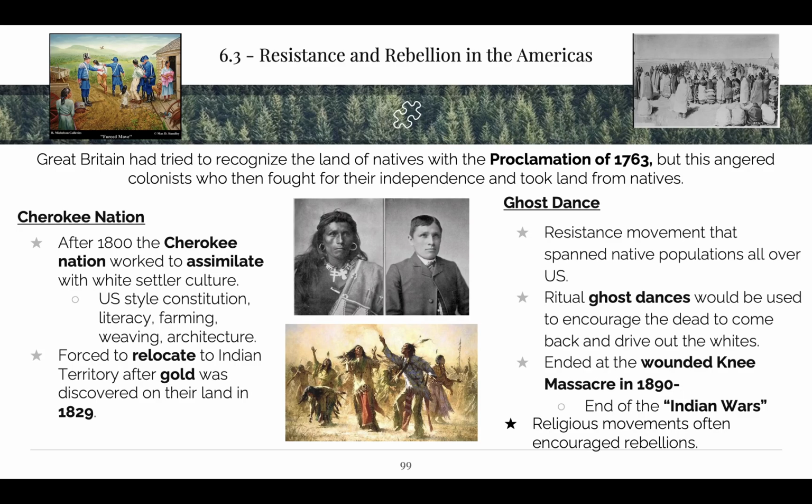Here in the United States, we have the Cherokee who are trying to get their land back. Okay, we have the Ghost Dance, which is the largest collection of natives in the history of the United States together. They believe by doing dances that they're going to bring back all the dead Indians from history, and they're going to come back and kill all the white people for the first time. Was it successful? No, it wasn't. But it was the largest gathering of natives in the history of the United States, and it does not work. Does anyone know the second largest meeting?